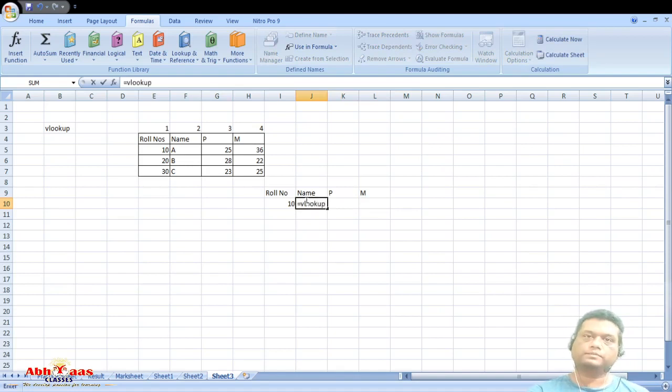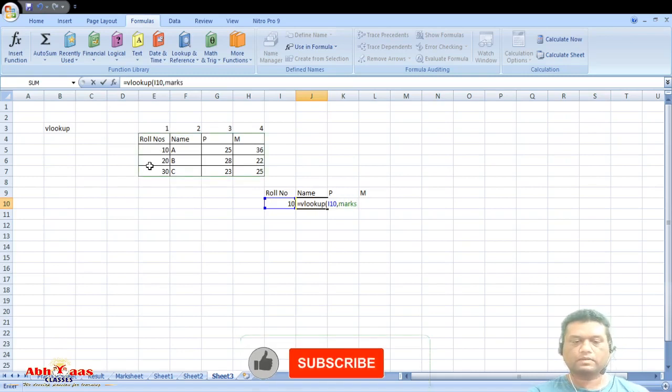vlookup. Okay, now it is asking for the lookup value. So lookup value is this roll number 10. Okay, now table array is asking. So table array means this whole table. So we have already given the name as marks, right? After that,